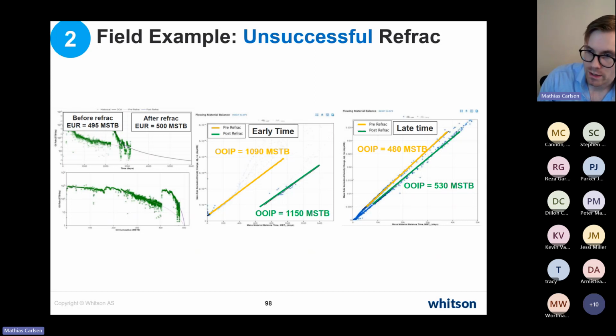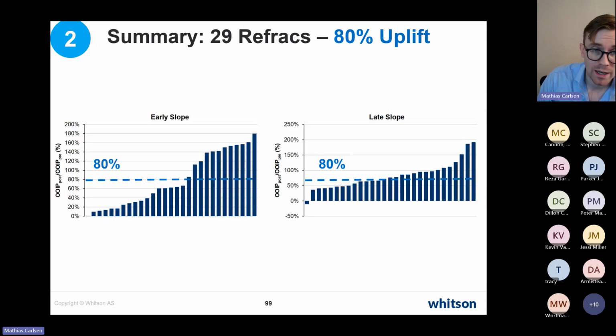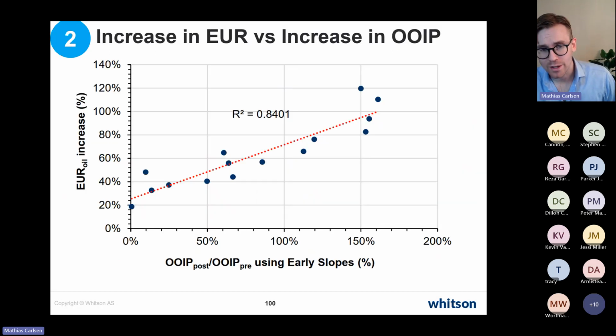So Trevor and Stephen analyzed 29 refracs. This is all in the paper that they wrote, and they summarized all the early slope deltas pre and post refrac, and they did it with the late time slopes as well. Both of these are shown here. Actually, the average of both was an 80% uplift in the increase in contacted pore volume, and they also used that to create this correlation between the difference in EUR uplift and